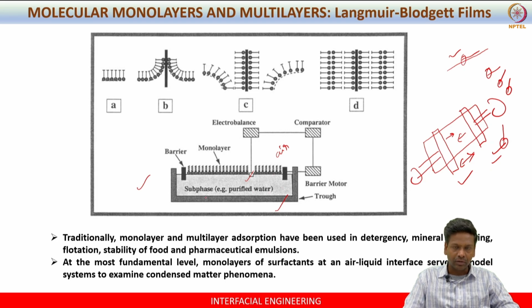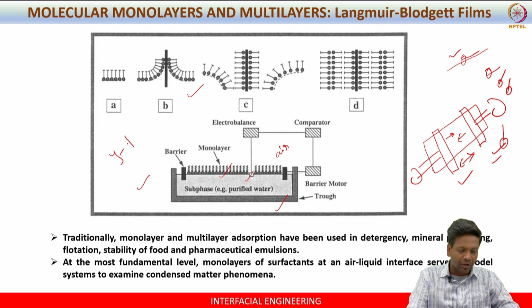Okay, so you can actually control the motor speed, control the distance up to which the barrier has to move. And you can also set the surface pressure to the desired set point. So there are various controlling parameters that you will understand later. And this is the monolayer film at the interface, right? So here we have shown one architecture, that is the Y type film.